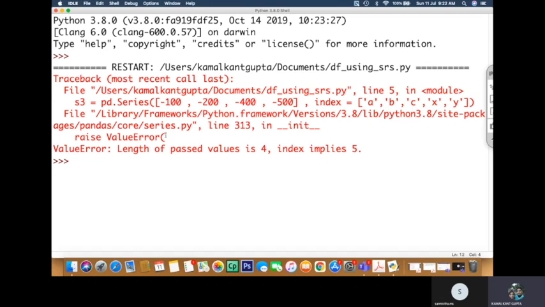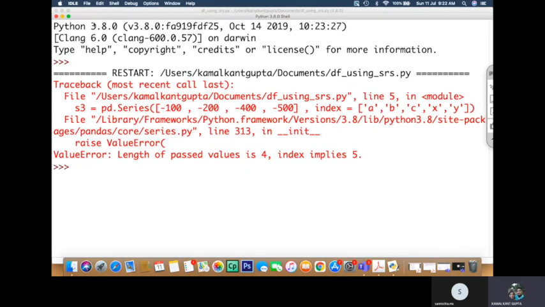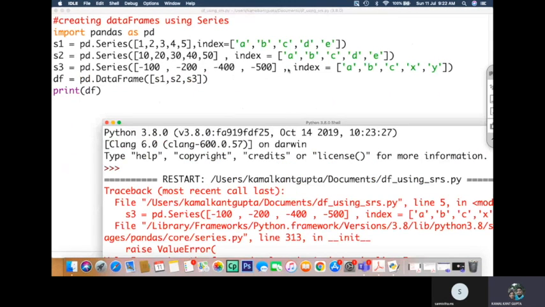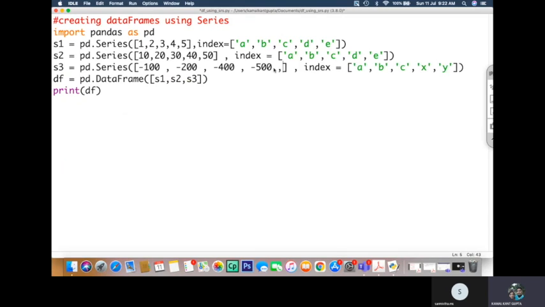A value error is coming. I think we have made some mistake. Okay, 4 values we have passed and it has 5 indexes. So a mismatch in values and index should not be there.